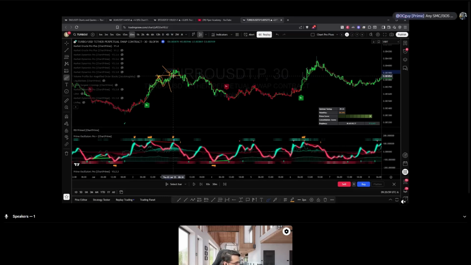Any SMC BOS breakout settings you like to use? Oh, no, I don't. To be honest, I don't use it because my eyes are already trained for this. That when I use it,